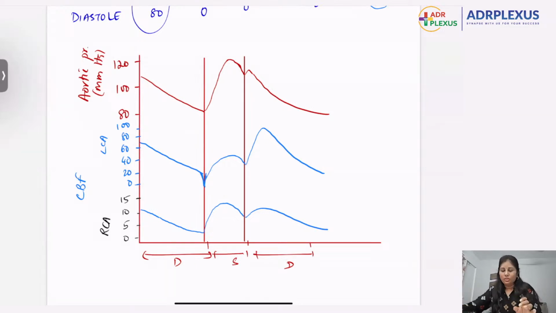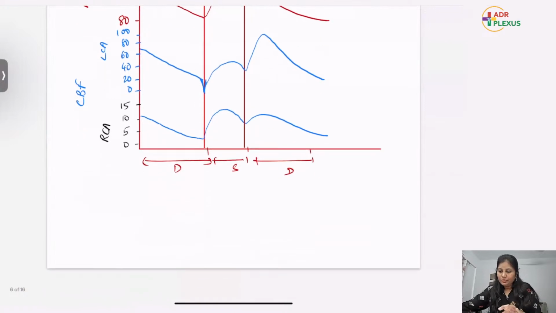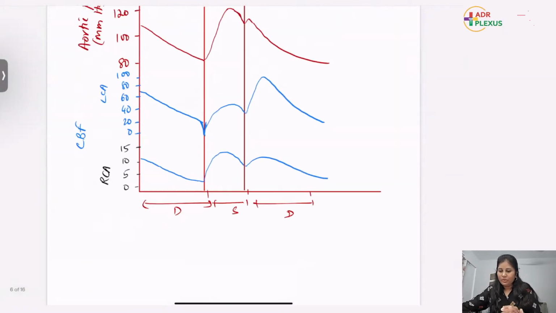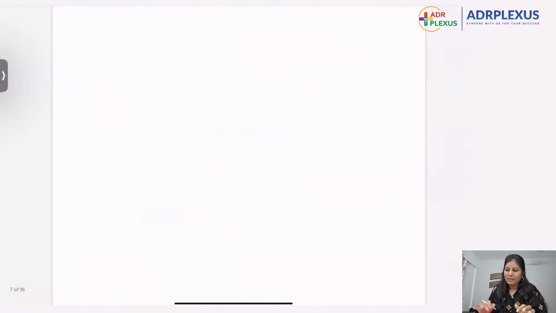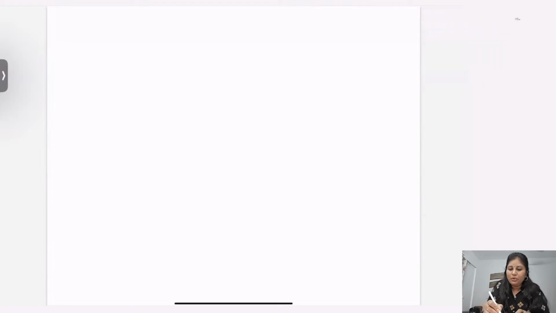You have to draw it, right? So this is about the phasic blood flow. That is over. That is the third point we have completed. This is the most important point. Then we'll go to the next important point, that is